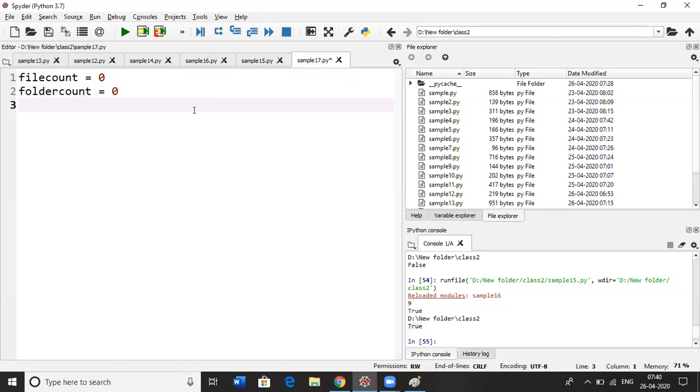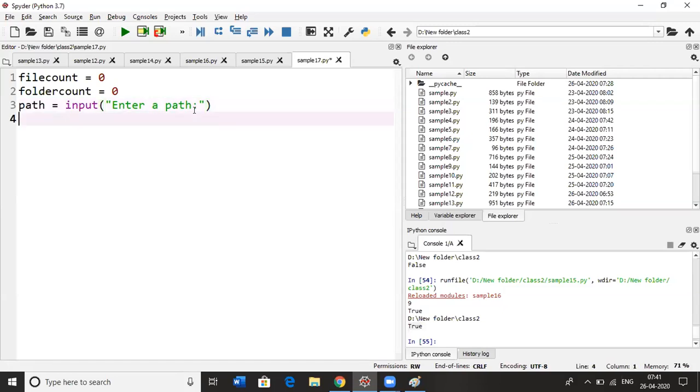We will increment the values and we need to input the path from the user. So let's take a path variable. We need to ask the user to enter the path. So the user will enter a path here, and after that we need to list the directory.